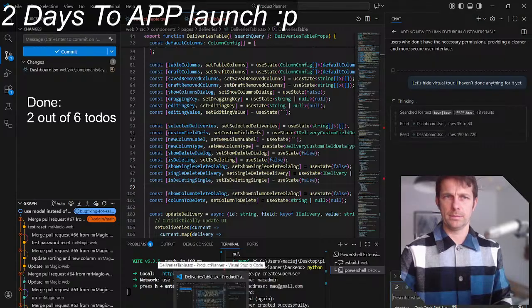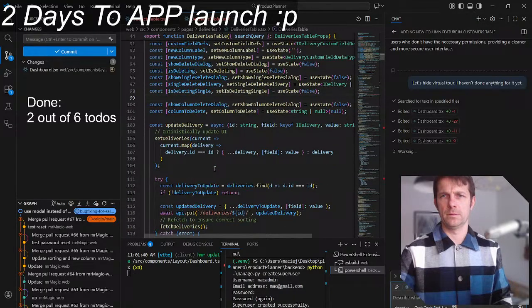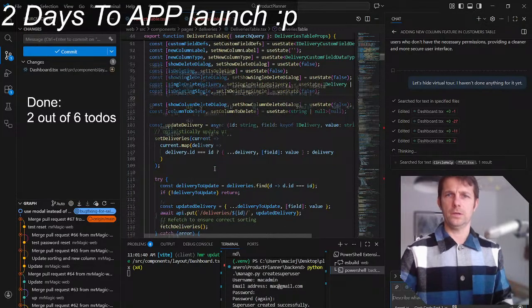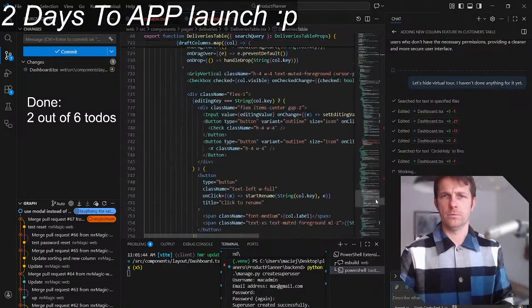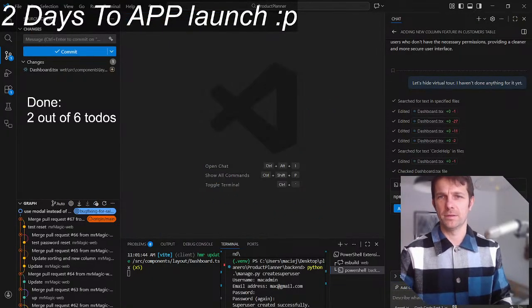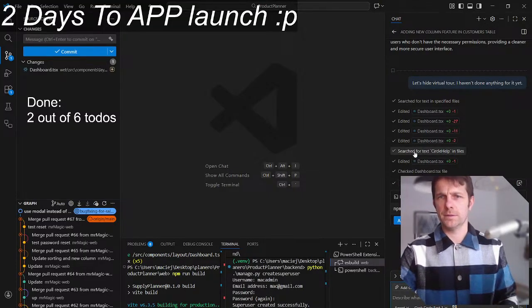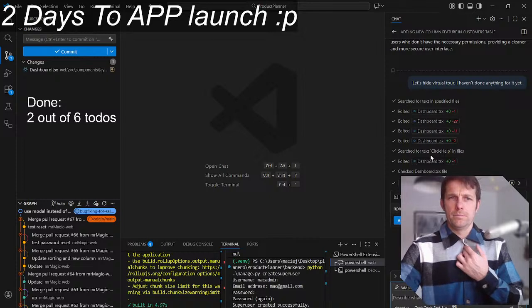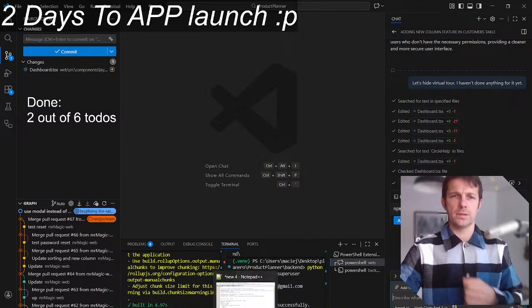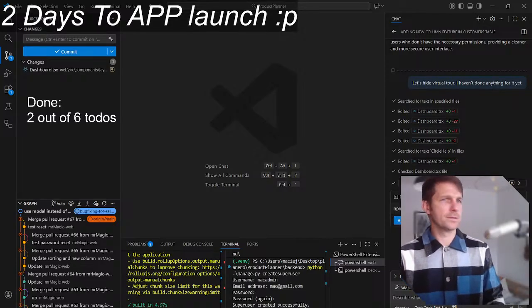Is this in dashboard? Yeah, I think that's here. Wow, it's removing a lot. Whoa, this is huge. Ah, yeah, this is delivery table. Search for circle help. For now, we're gonna hide this. I think it's a really nice feature, although for now, let's just get rid of it. Oh, why are we showing this?